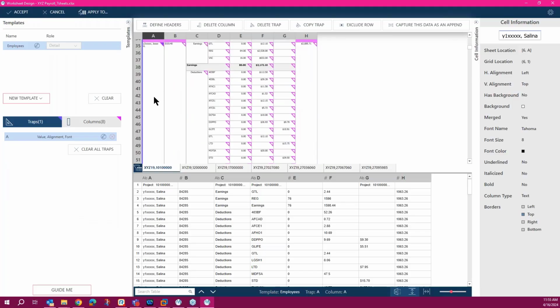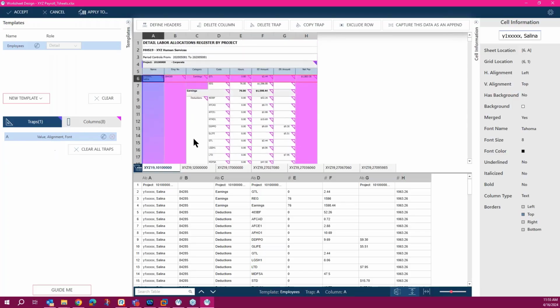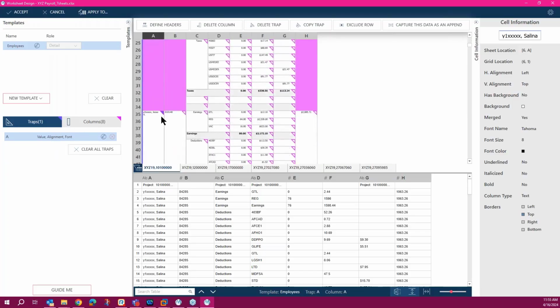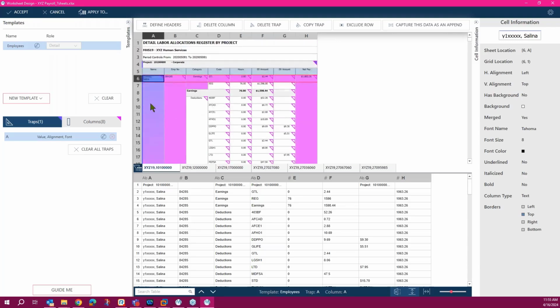You notice that when a trap is applied to any column, there's a triangle next to it on each row. If that triangle is solid with the blue color inside, that means there's a trap applied to that column. If you see a triangle without the solid blue color, that means there is no trap applied to other columns.